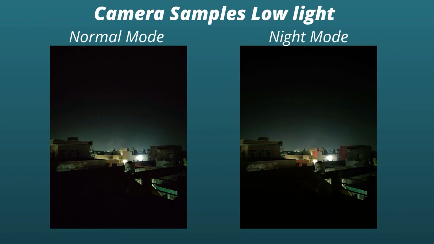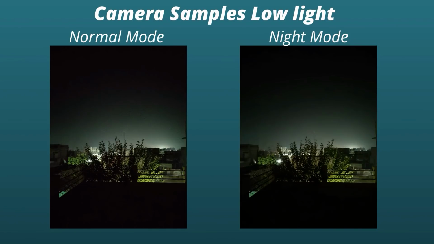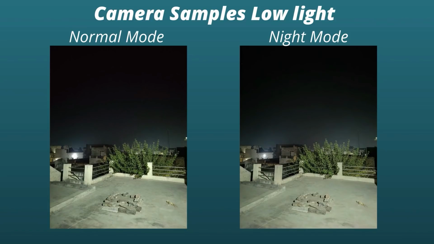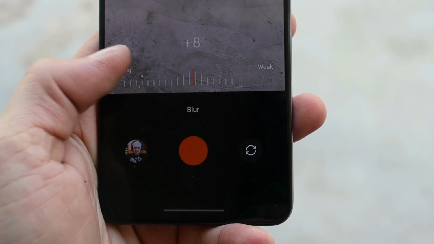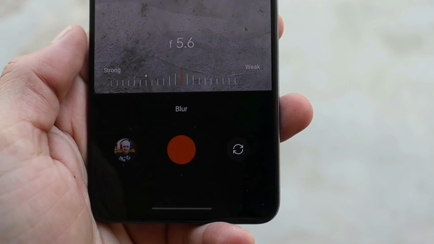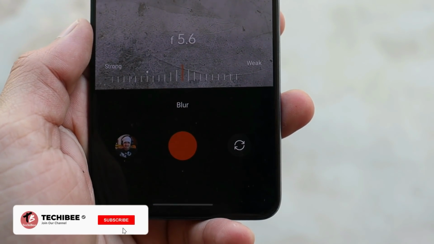But when it comes to night mode, here you can see side-by-side samples, and I personally felt Nightscape is not that great on Oxygen OS 12. It just reduces the noise from the pictures, but brightness seems to be similar between normal mode and night mode. So I hope these things get fixed in the upcoming updates. And at last, here we have a few samples of Starburst mode. So camera performance seems to be decent, but yes, OnePlus needs to optimize the camera in a better way.